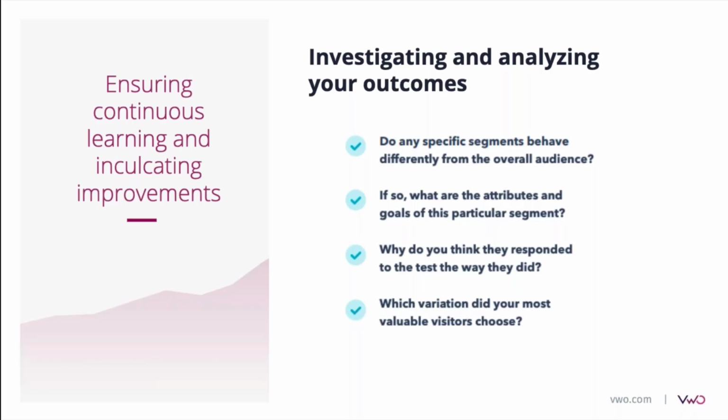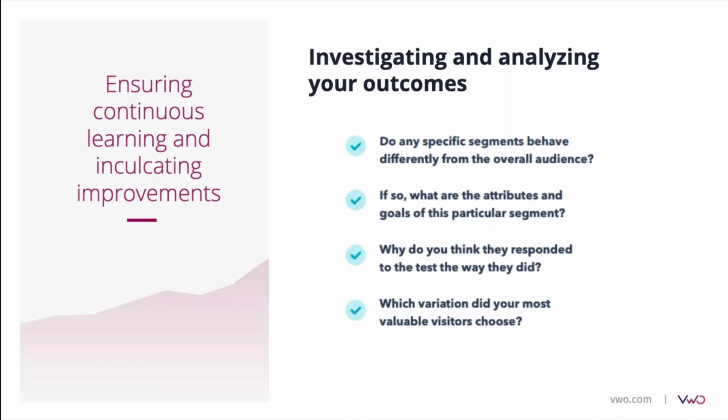So questions like, do any specific segments behave differently from the overall audience? Or let's say if they did, what were the attributes and goals of this particular segment, and why do you think they responded to the test that they did, and which variation did your most valuable visitor choose? So you can use the answers to these questions to make better decisions